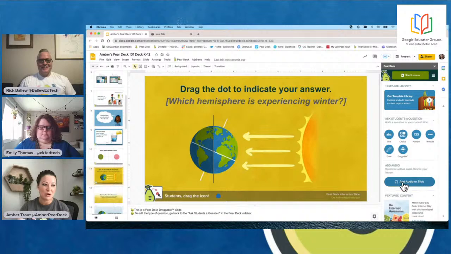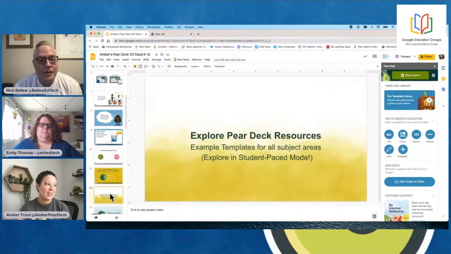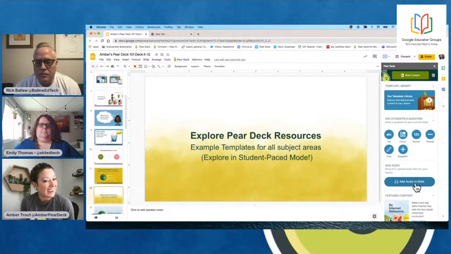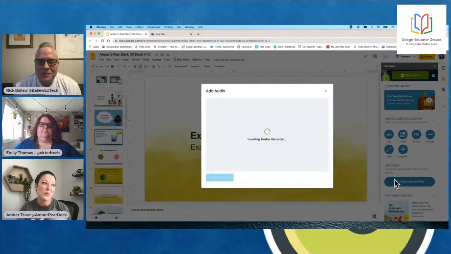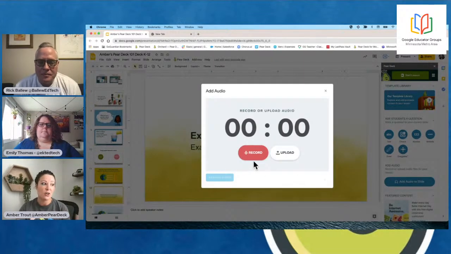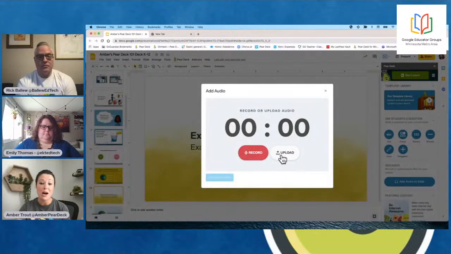Okay, last thing before we jump in is this great little feature called Add Audio to Slide. Now, if you want to add your own audio to this slide so that students can listen to directions, maybe you have students that are younger and they can't read the directions, or maybe you want to add some music in here so that kids can listen to it. You can use that by using the audio function. Not only can you upload anything in here, you can also record your own voice. So you have 2 options. It's not just going to be, I have to talk in here.